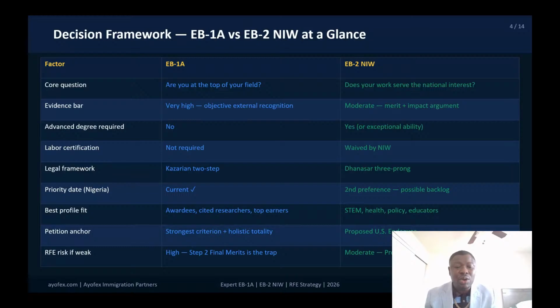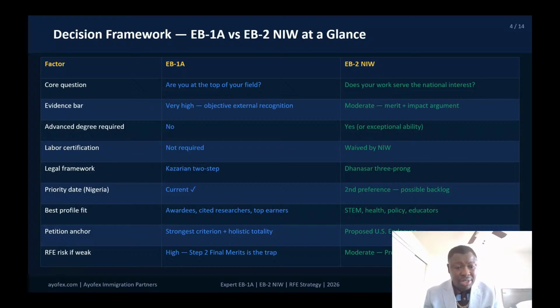Now, petition anchor. How do you anchor your petition in EB-1? You anchor it around your strongest criterion plus a holistic totality to show that you have risen to the very top of your field. But as far as EB-2 is concerned, your petition is anchored around your proposed endeavor. That is why I said that the proposed endeavor is the foundation of a strong EB-2 case as far as